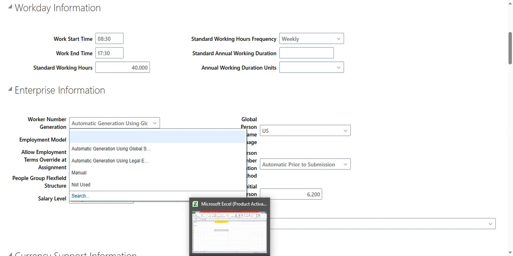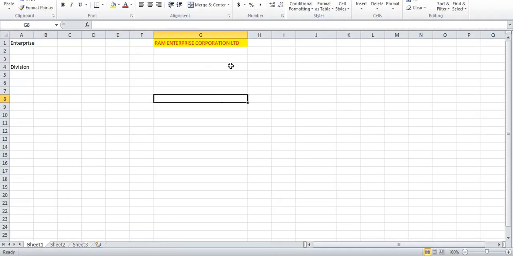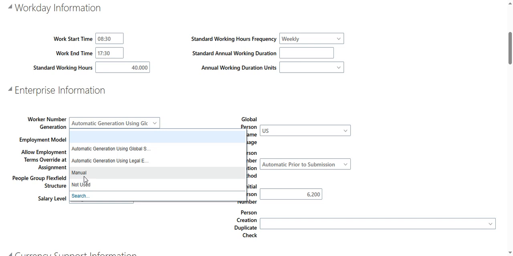Global sequence means at the organization level, global sequence is generated and assigned to the legal entity worker number. And legal employer level sequence means at whatever legal employer level, you have to generate the worker number 1, 2, 3, and manually you have to mention the worker number. For example,